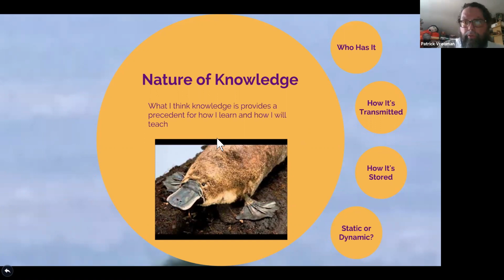You also may have beliefs about how knowledge is transmitted. Is it transmitted through this sort of dialogue? Is knowledge transmitted only from good books, like you have to read the right books and then you've got real knowledge? That sort of thing. So sometimes we have these nature of knowledge critters that either open us up or close us off to learning new things. Okay? Same thing. I'm going to skip through a few of these.